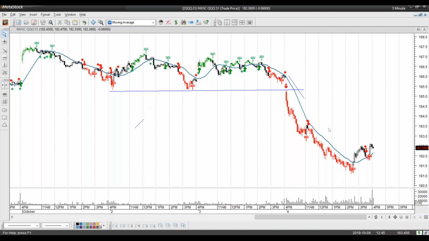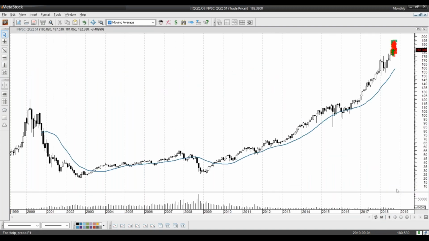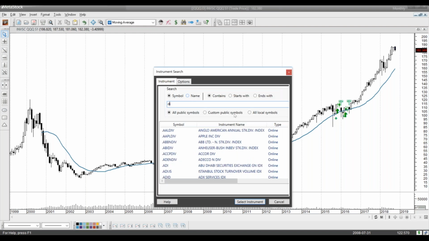Okay, but when I was going over the slides, I told you that you could also use this to predict major market moves. If we switch to a monthly chart, right? So it will help you predict major market moves. Now on the Qs here, for whatever reason, it didn't trigger and it missed these. But more often than not, it'll catch these. So whether it's the diamonds or the Qs or the SPYs,